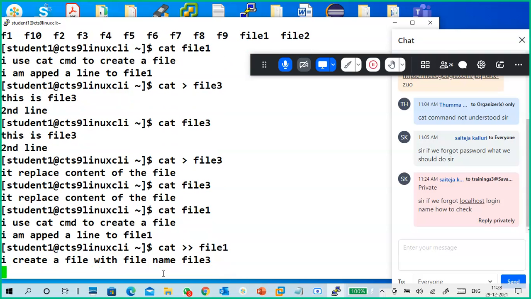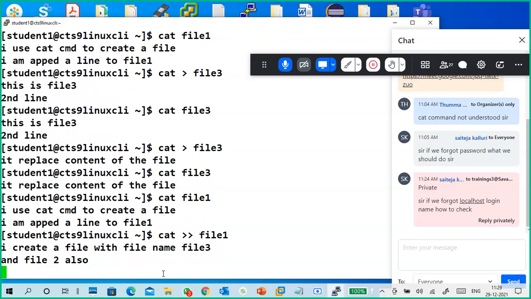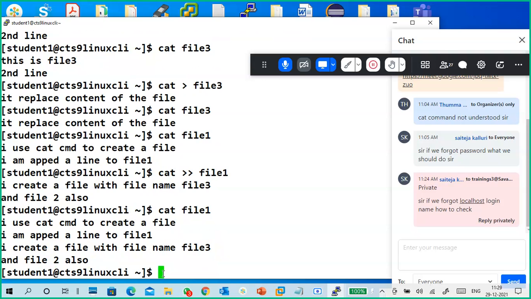See, I put a one line. And file 2 also. So I done a two lines. Control D. Now cat file 1.